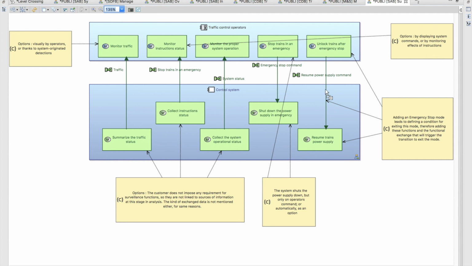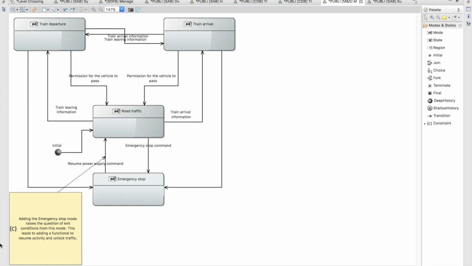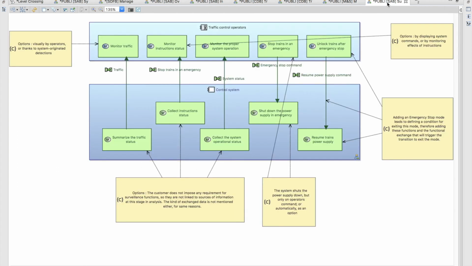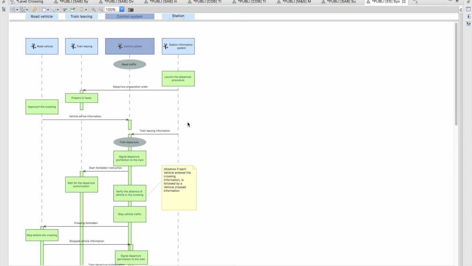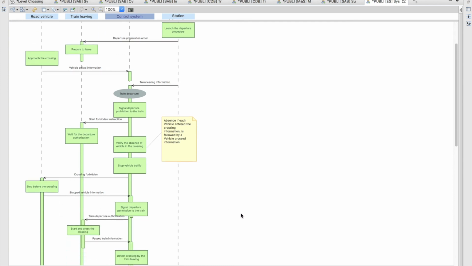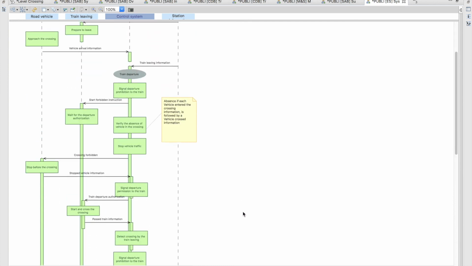And this functional exchange will be the trigger of the former mode transition that we have defined here. So as you can see, just adding this mode has led us to significantly modify the functional behavior expected from the system, especially by adding those two functions. Now, similarly to what we have seen in operational analysis, we have, of course, scenarios that are now adding the system in their definition, as we can see here. Here is an example that you can see, a bit more complex, of course, as compared to the former one,